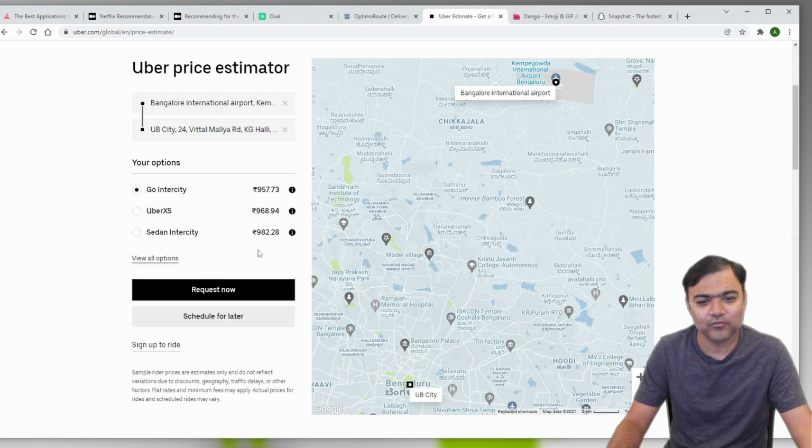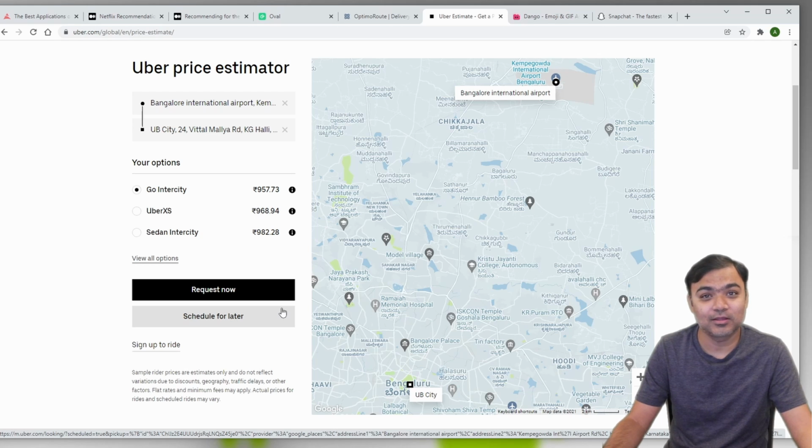You can see that before they used to give ranges, and now they're able to give an exact amount, which may vary if your driver takes a different route or you are able to reach it early or in less distance. But seeing one number makes the user more confident in going ahead with the journey rather than seeing a range of numbers and then being skeptical. So this is how Uber and Ola are becoming more confident, and they're also making the consumer more confident that okay, this is the money that I have to pay if nothing else goes wrong.